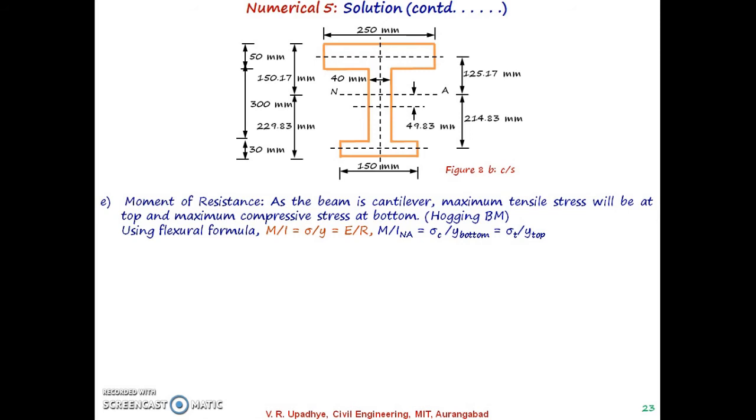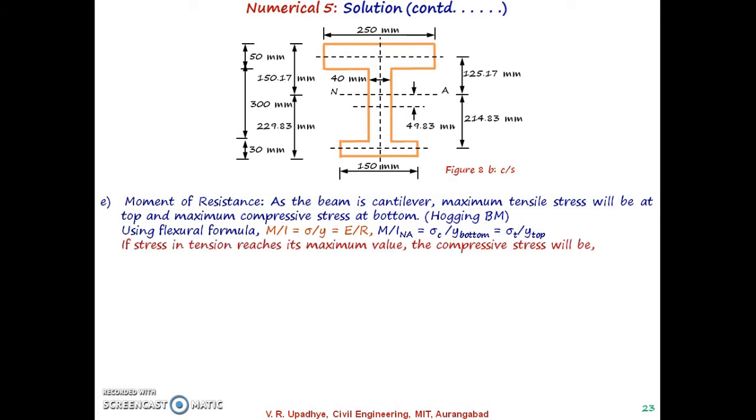With this, if we correlate sigma C to sigma T and the permissible sigma T, we can calculate what the magnitude of sigma C will be. Or else we can calculate the sigma T value which can occur if the load is applied such that sigma C reaches its permissible value. With that you can go for the calculation, and we can say in which particular case the applied load is safe. So that will go for the analysis of that part.